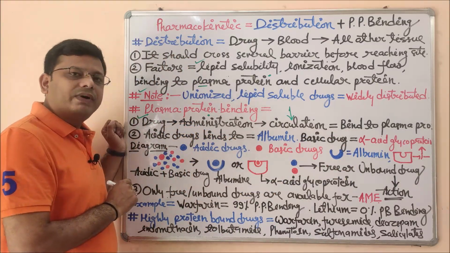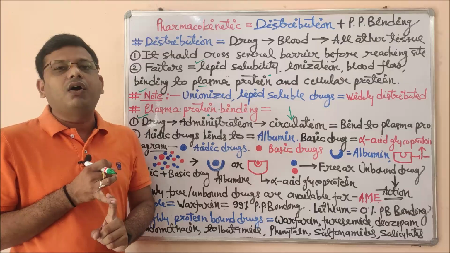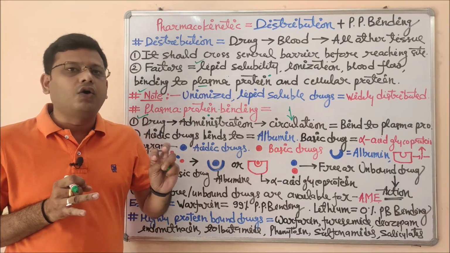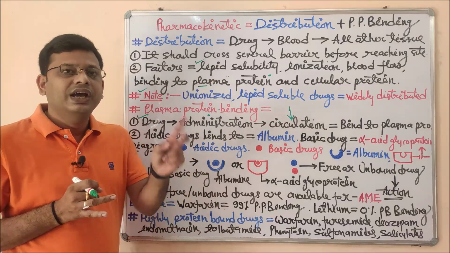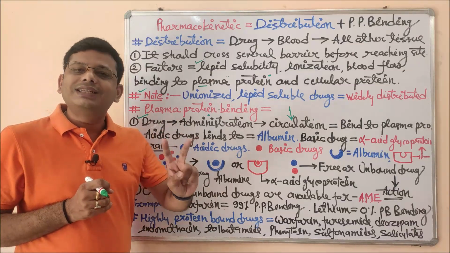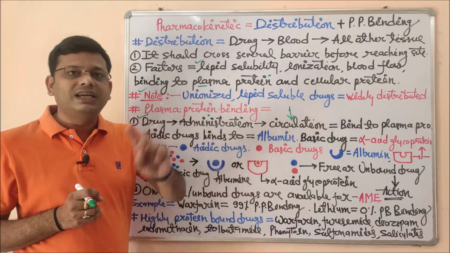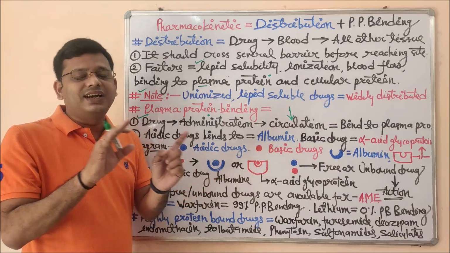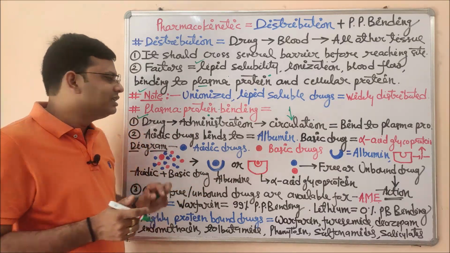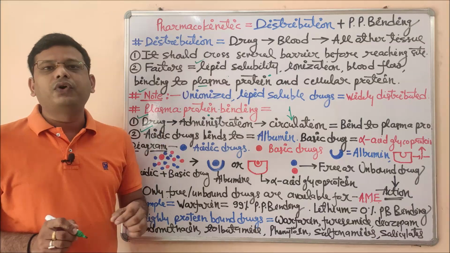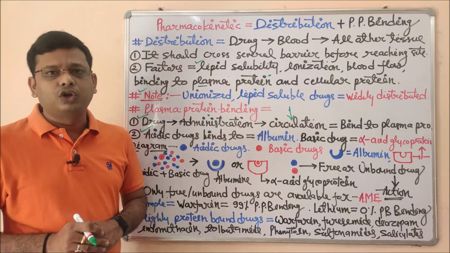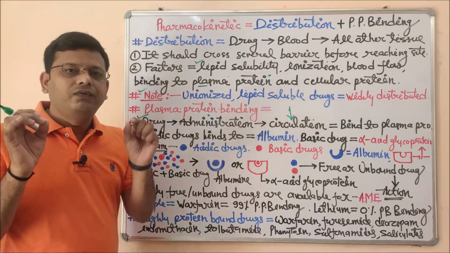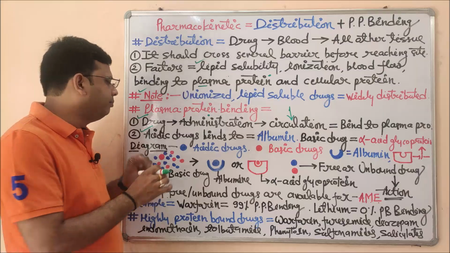And what will happen after that? What are the specific criteria of the drug for binding to plasma protein? Two different types of drug are there according to their nature of acidity or basicity: acidic drug and basic drug. Both acidic and basic drugs will not bind to the same plasma protein. There are two different types of plasma protein, one which may bind acidic drugs and one which may bind basic drugs. So what are these specifications? These are very important for your GPAT, pharmacist, drug inspector, hospital pharmacist or any other pharmacist examination. So please keep this point very clearly in your mind for a longer duration of time, so it will be helpful for you.